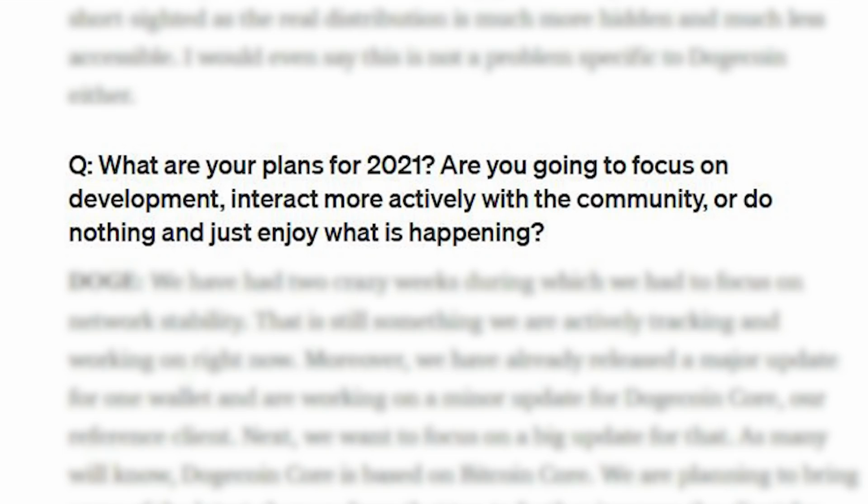Okay, this is a very interesting question. What are your plans for 2021? Are you going to focus more on development, interact more actively with the community, or do nothing and just enjoy